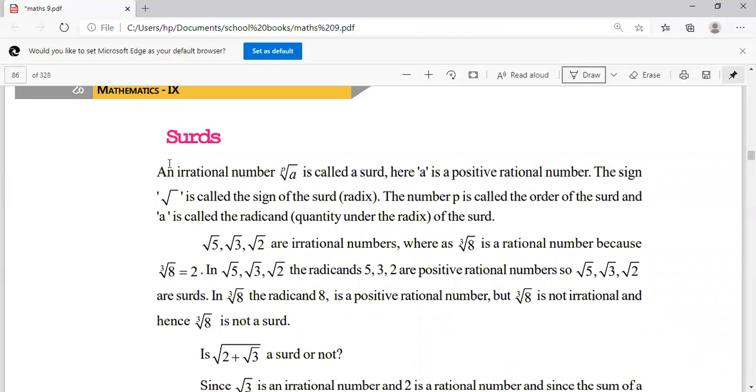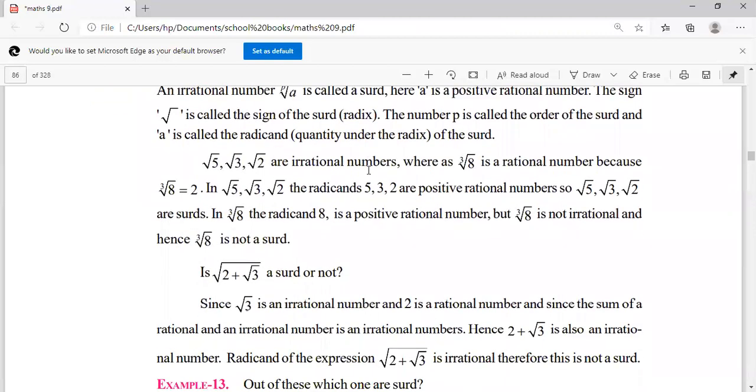Now we are going to know what is a surd. Okay, what are surds? What is a surd? A surd is always an irrational number. Okay, surd हमेशा एक irrational number होता है, जहां पर जो a होता है इस तरह से उसको डिनोट करते हैं। Okay, surd को इस फॉर्म में डिनोट करते हैं, तो वहां पे a क्या होता है, कभी भी वो पॉजिटिव नंबर होता है, and that p is called the order of the surd. ओके, वो उसका ऑर्डर होता है उस सर्ड का, ठीक है। और ये जो है अंडर रूट का साइन है, वो रेडिक्स का साइन है। ओके, उसको हम लोग अंडर रूट का जो साइन लगाते हैं उसको हम लोग रेडिक्स साइन भी बोलते हैं।